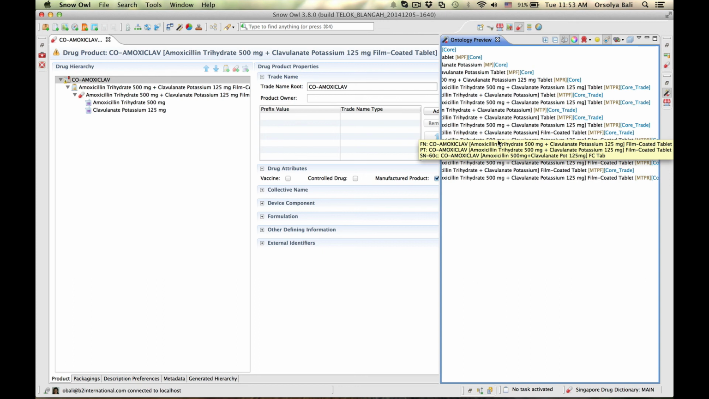dose form, trade name and the ingredients included, and as you can see on the tooltip, there are a number of different descriptions that are applicable for each concept. One, for example, is the 60 character short name for later use in systems that could only work with a description of 60